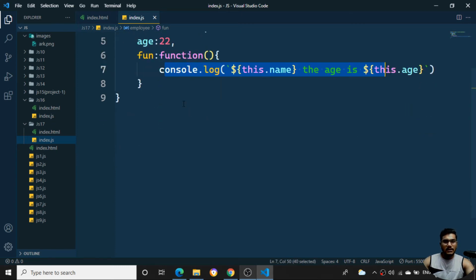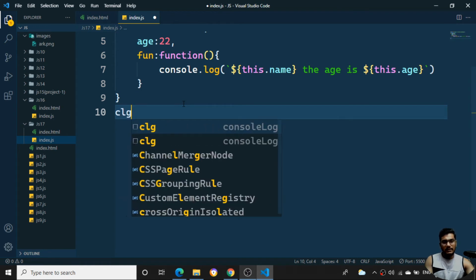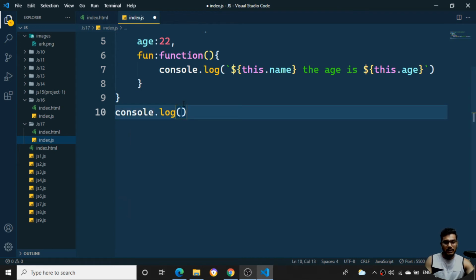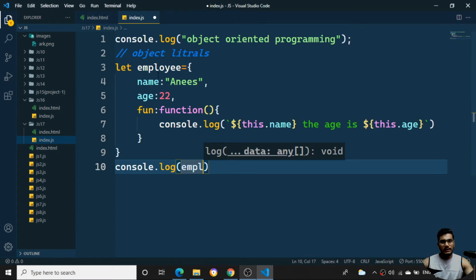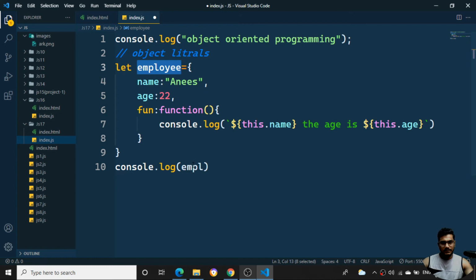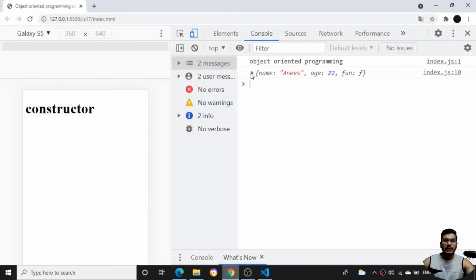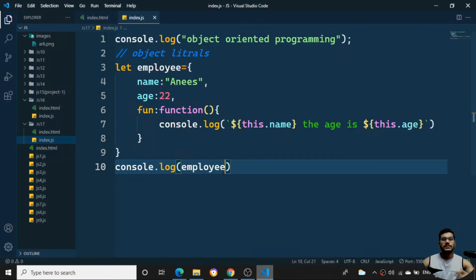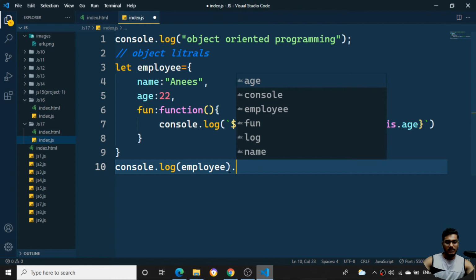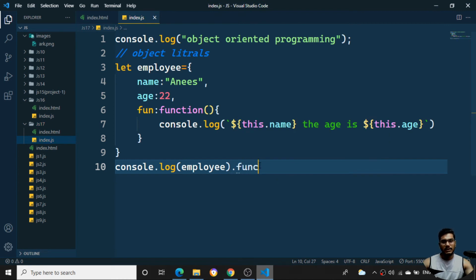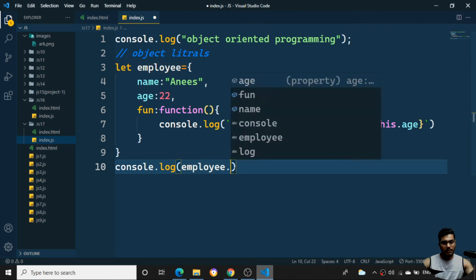So now if I want to create it normally, if I just write console.log and call the particular employee, EMPLOYEE, I am not getting the suggestions, so I'll just save this one. Once I save, you can see I'm getting the particular things in the form of an object. It is just a normal object I'm getting. Suppose the same thing, if I want to run the particular employee.fun function, I need to run it in this fashion, employee.fun.